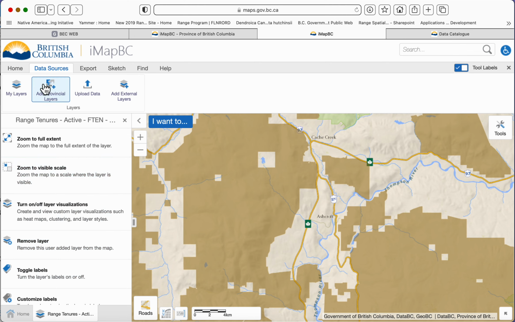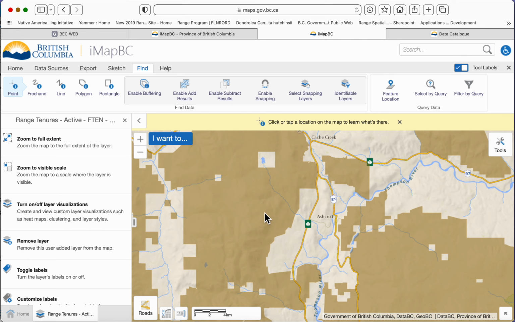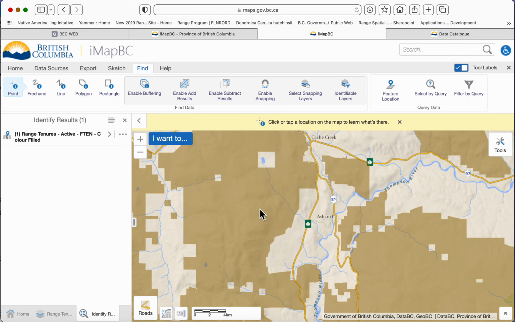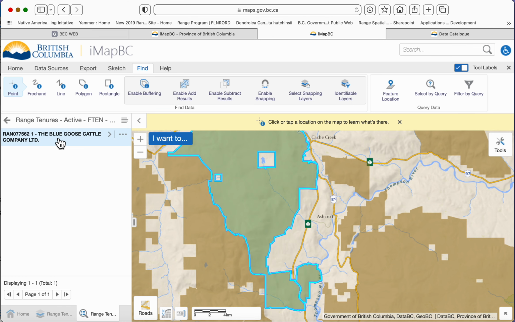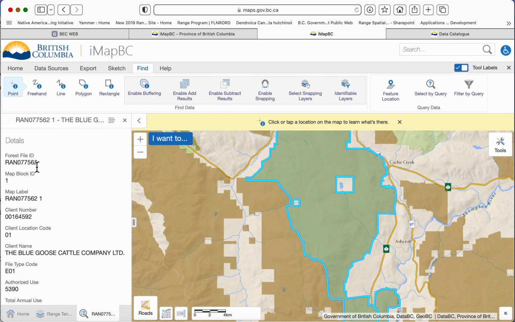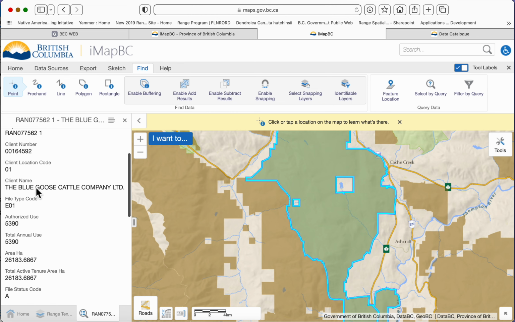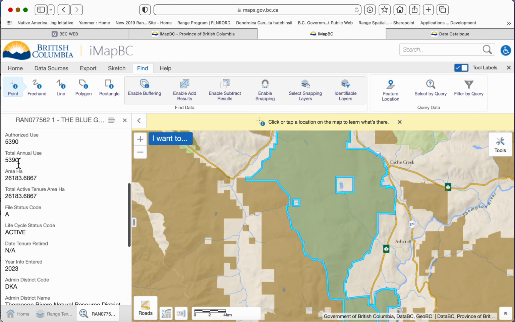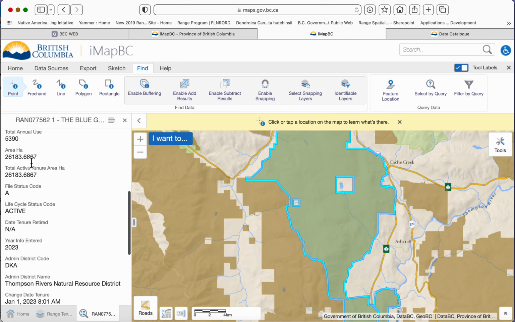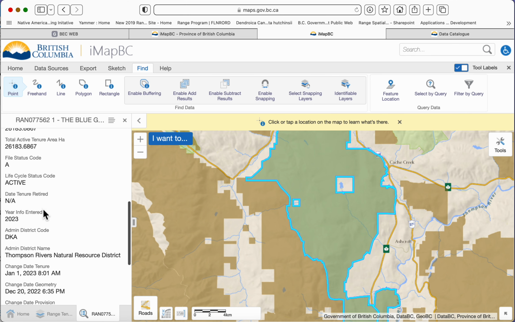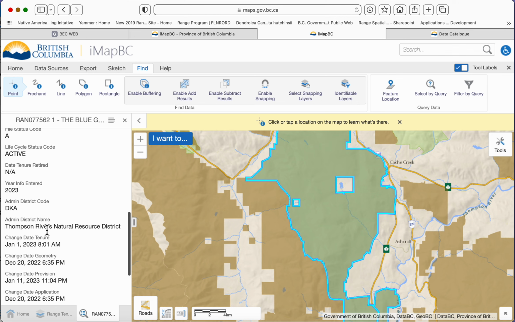So what we can do here is you can go to the Find toggle at the top, select the point. You can click on the polygon or tenure that you're interested in, and it'll select this record. And it'll tell you information about the tenure. So the RAN number is the unique ID, the block number is some additional information about the client, what the AUMs are, what the area is in hectares, that it's active, when the information was entered, who the administrator is,